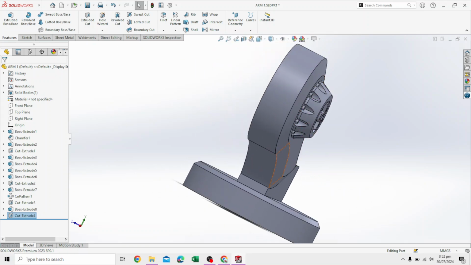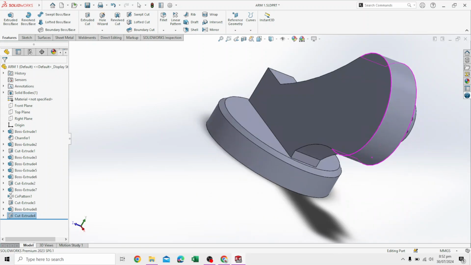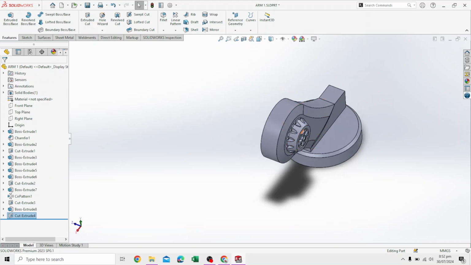The reason this sort of pattern isn't replicated on this side is because this is the side that sits flush with the other parts, so it's going to be rubbing against those, meaning it won't be able to move if we replicate this entire structure on that side. So anyway,